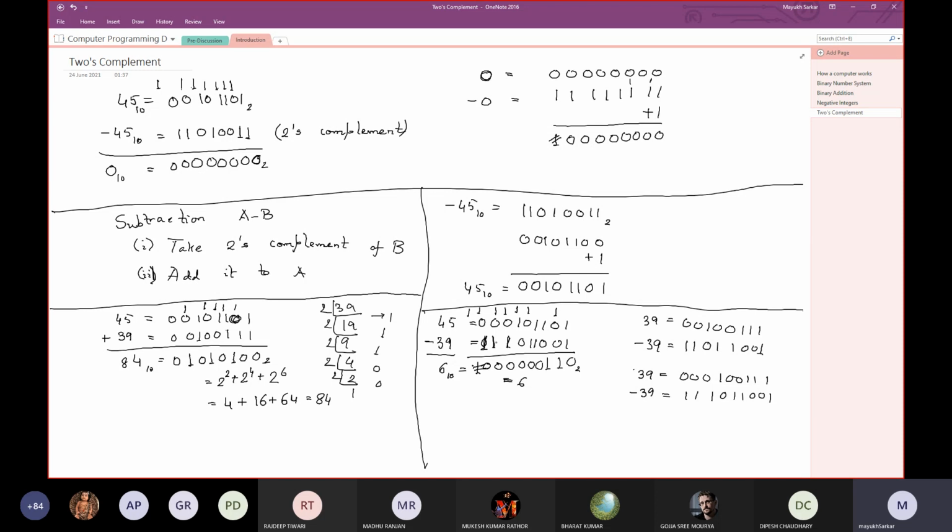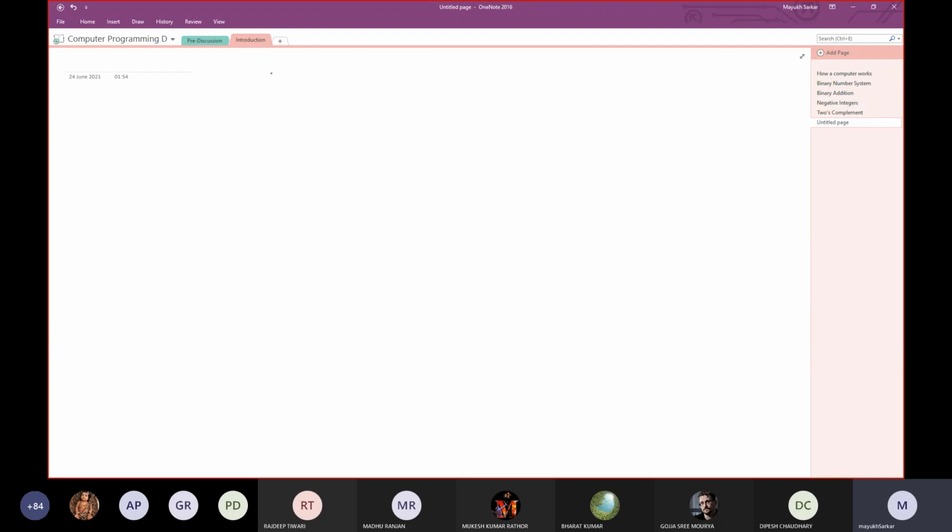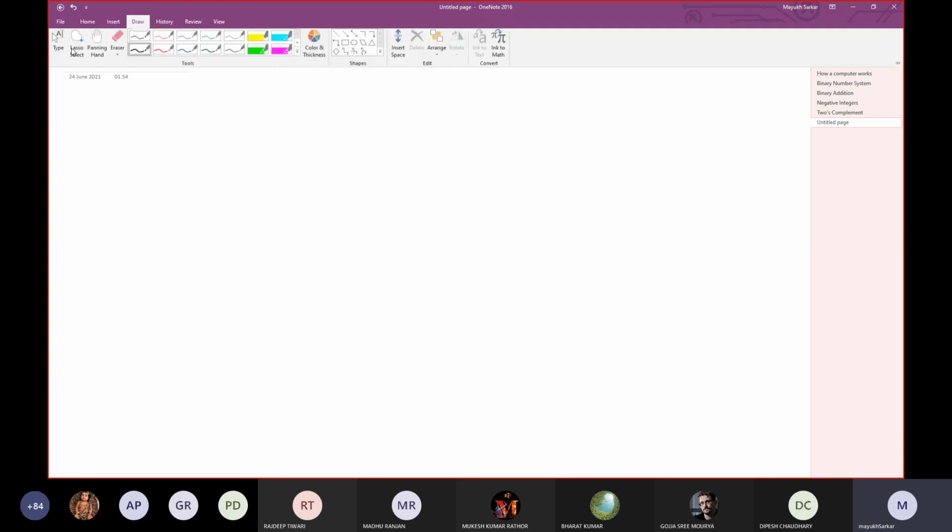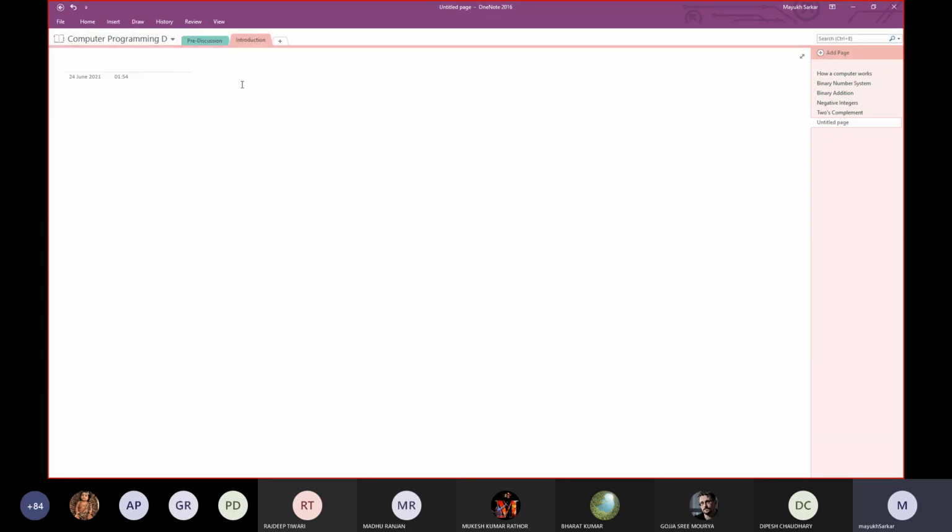The same information you will get, but here several things come in. First of all, how are you representing the number? Two things are important. Firstly, let me write it here as, say, number representation.